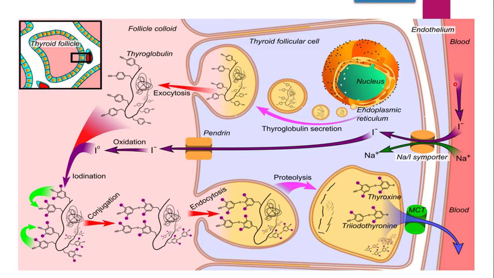So the targets are: iodide trapping, then preventing the oxidation, then preventing the binding of tyrosine residue, then inhibiting the protease enzyme and inhibiting this proteolysis is possible. At the ultimate, destruction of the thyroid cell is also possible. So we will see now which class is responsible for which mechanism.